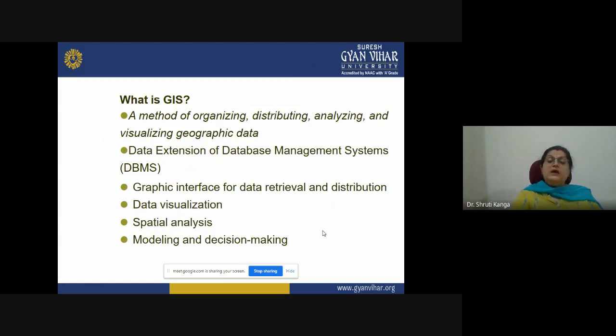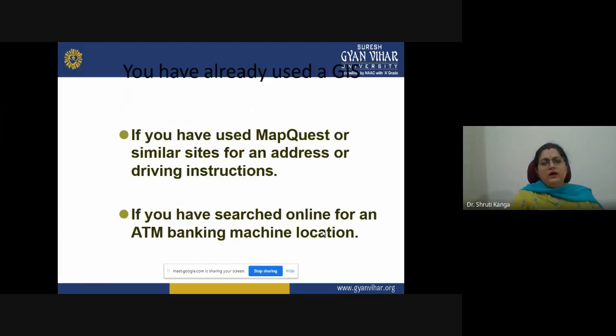It is a data extension for DBMS. It is a geographic interface for data retrieval and distribution. It can also be helpful for different kinds of data visualization applications. It is also helpful in different kinds of spatial data analysis, modeling, and decision making processes.